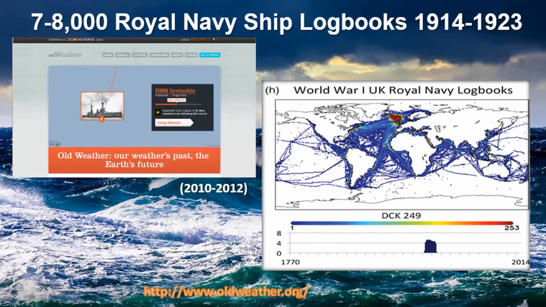We've also looked more recently into the 20th century. We've looked at Royal Navy logbooks. There's a dip in the data coverage from around the First World War, certainly in the First World War, but certainly also after 1923. So we've looked particularly at that period and recovered something like 7,000 or 8,000 ship logbooks with a citizen science project, Old Weather, in the period from 2010 to 2012. And we recovered, as you see on the right-hand side there, the coverage of all this data.